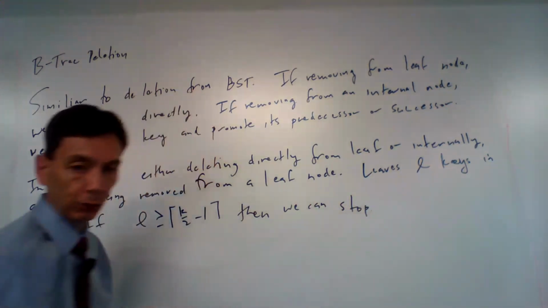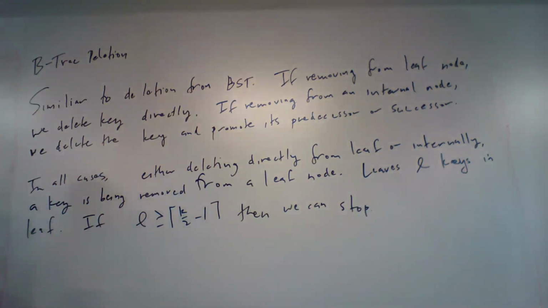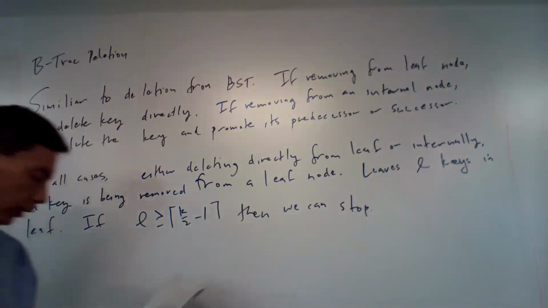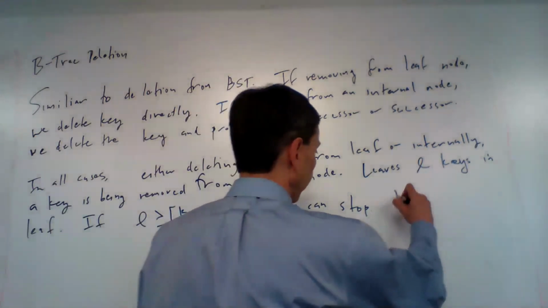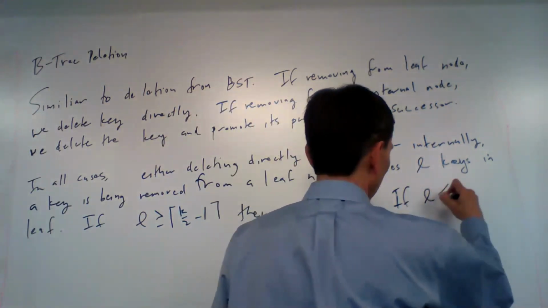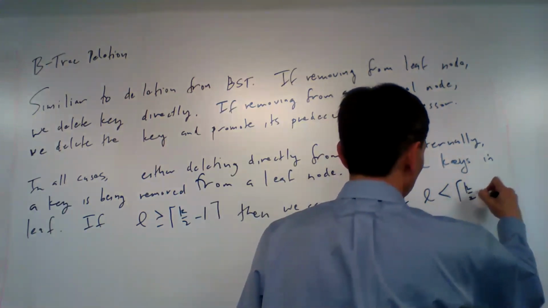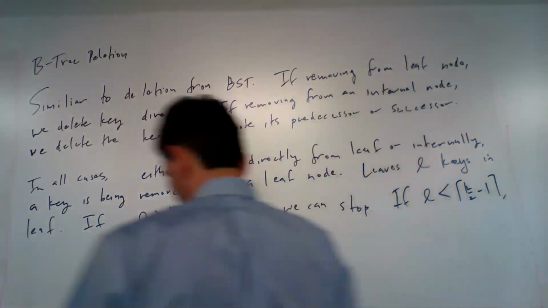We can stop there because we know that, okay, we've met the requirement for fullness of every node except the root being at least half full, so we're good. All right. If L is less than the ceiling of k over 2 minus 1, however,